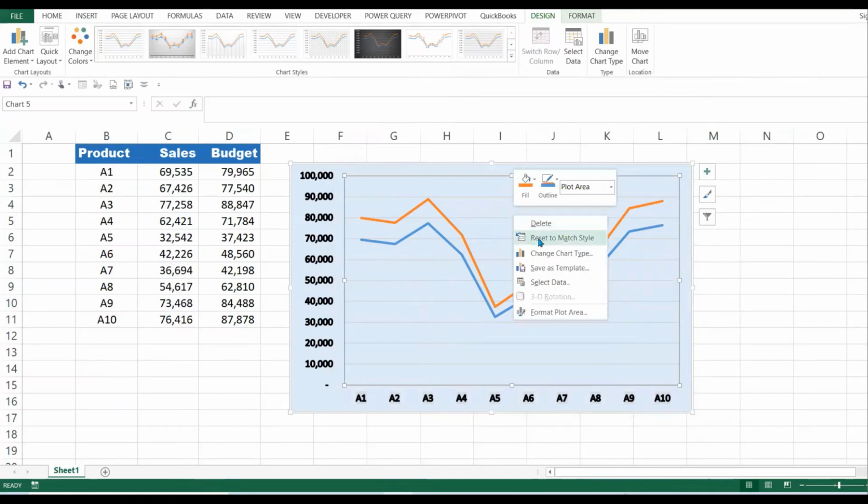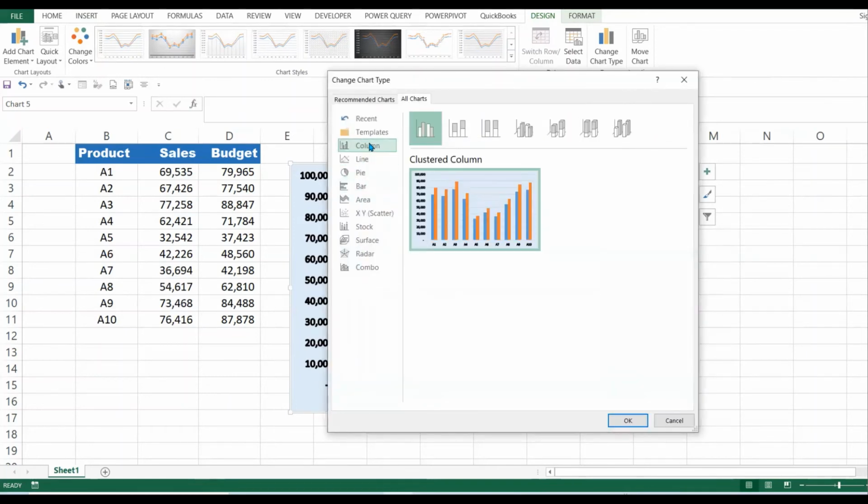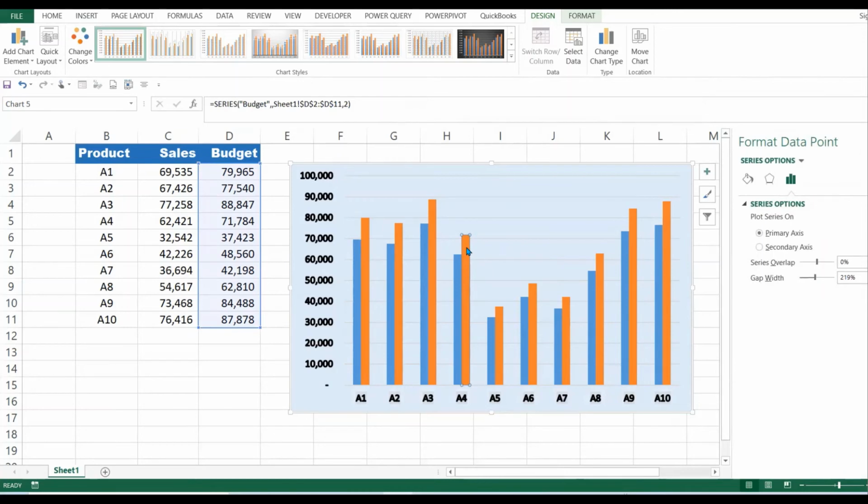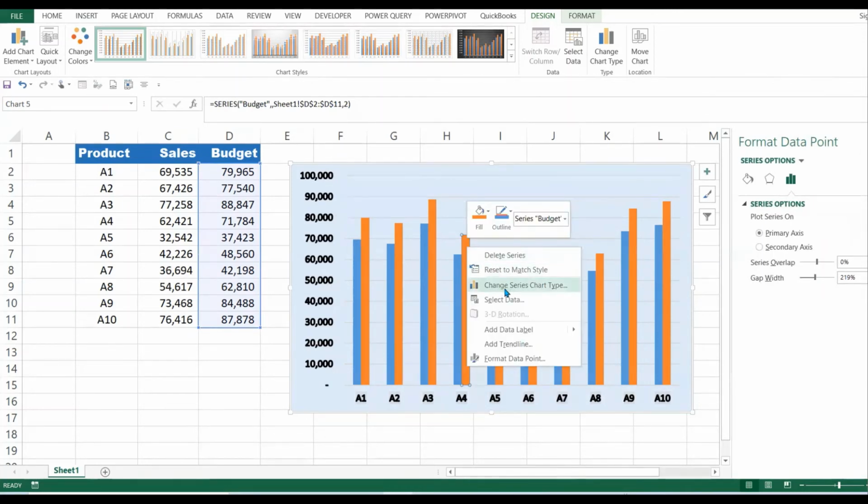So let's go back to our bar, clustered columns, like so. Now, I showed you changing both the bars into lines. Assuming I want to retain the actual sales as a bar graph and my budget as a line, I'll click on one of these bars and right click. So you see here it changes to change series chart type. But at first it was change chart type. When you click on one of these bars and right click, it changes to change series chart type. So when you click there,